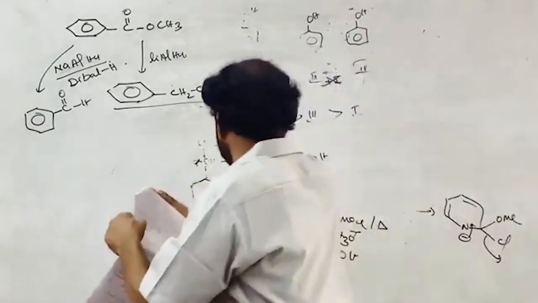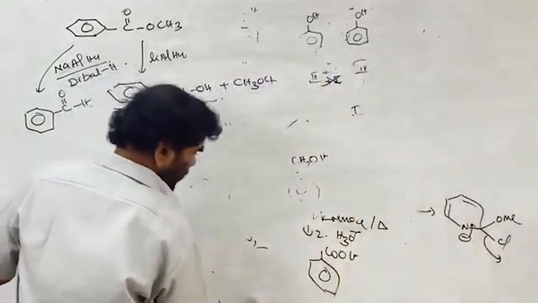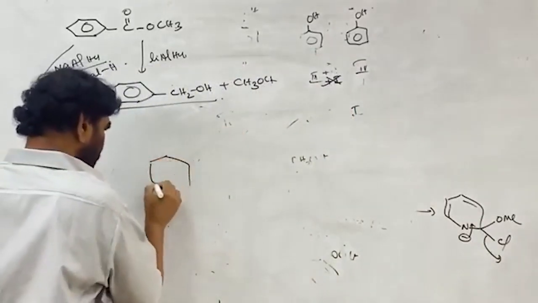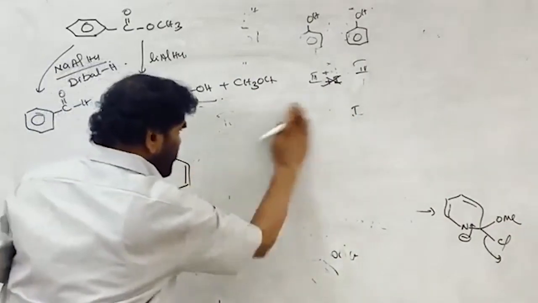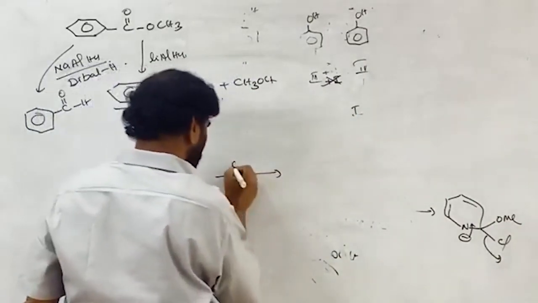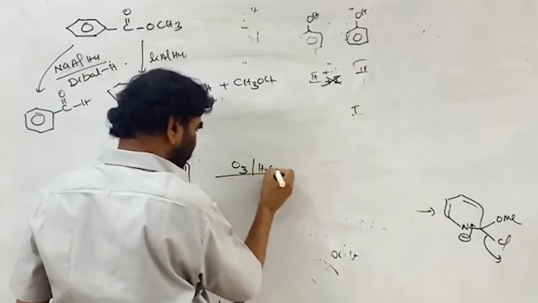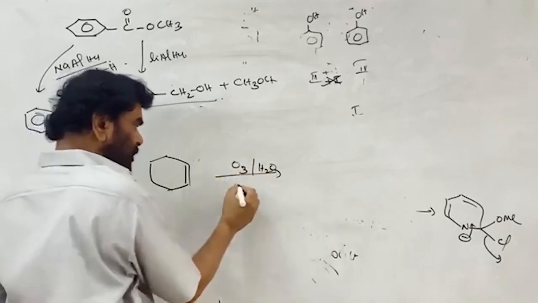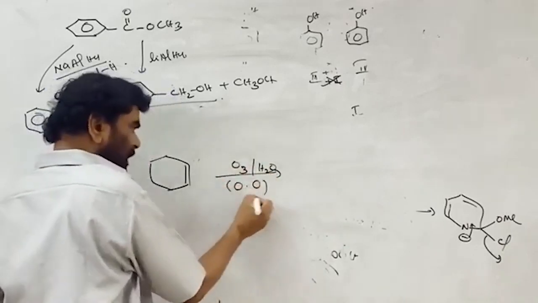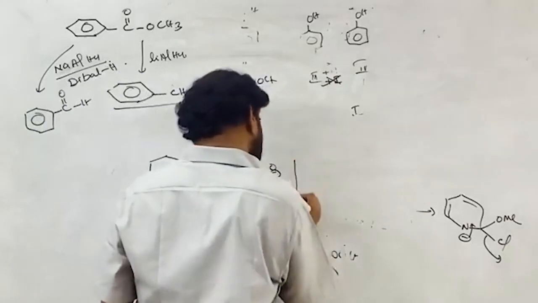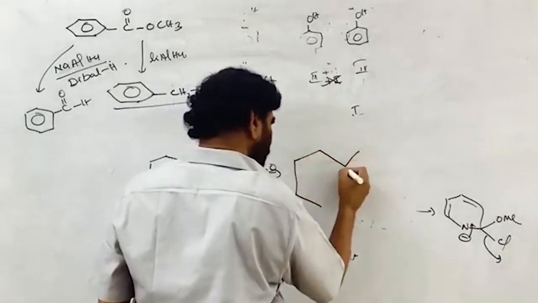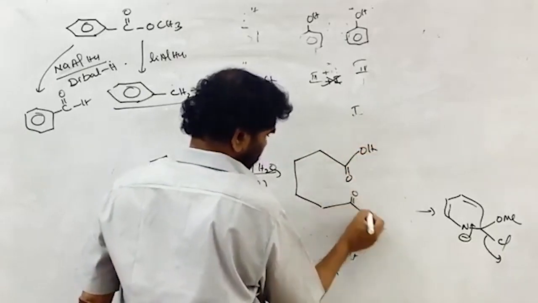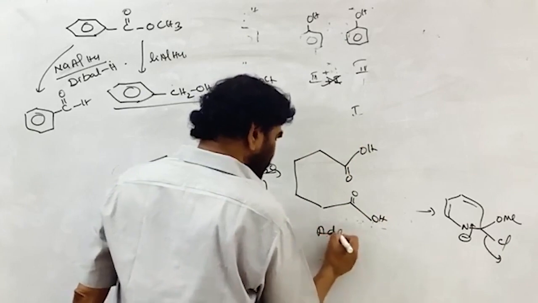And now the next problem is that cyclohexene is taken. You see, this is treated with ozone followed by hydrolysis, ozonolysis, no zinc. Nothing is specified. It is an oxidative ozonolysis. Reducing agent is not used. So this is converted, instead of aldehydes, we get the carboxylic acid. This is the adipic acid.